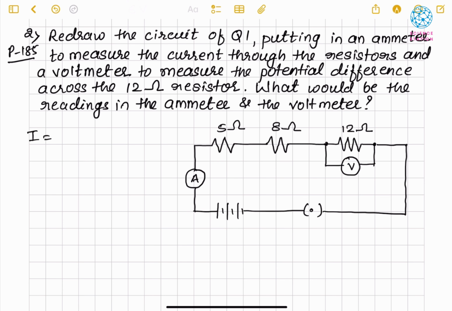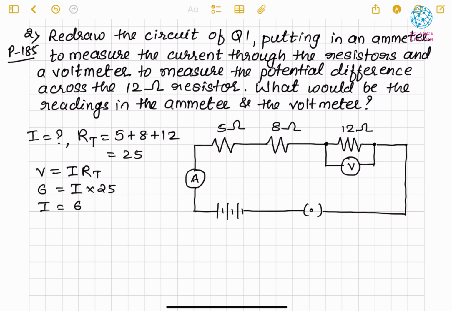Now I am given the total resistance RT, that will be 5 plus 8 plus 12, so that will be 25. Now V equal to I RT. So the volt is 6, I don't know, and resistance is 25. So I will be 6 upon 25. So that will come to